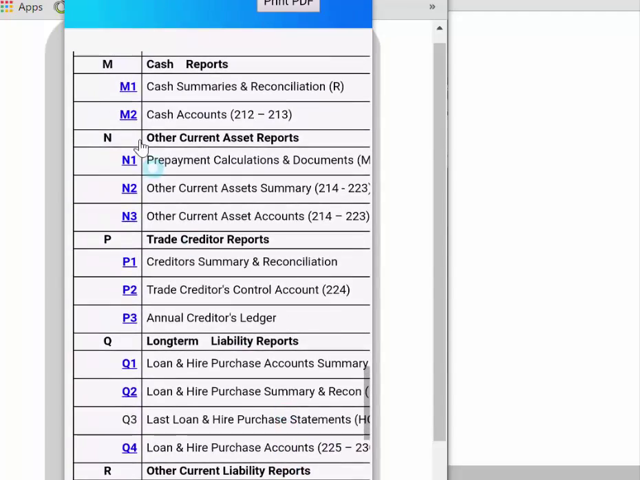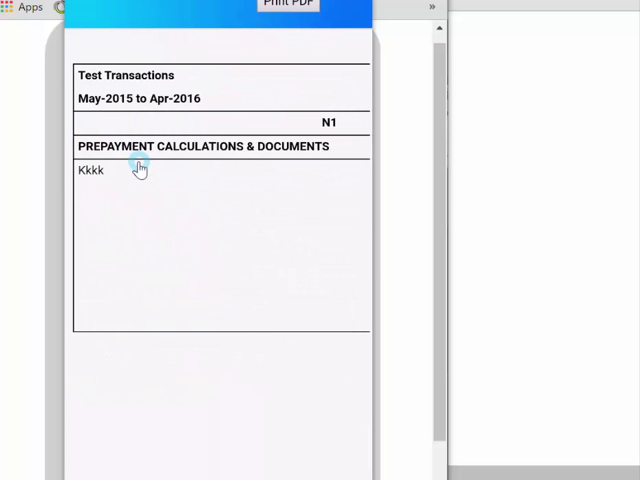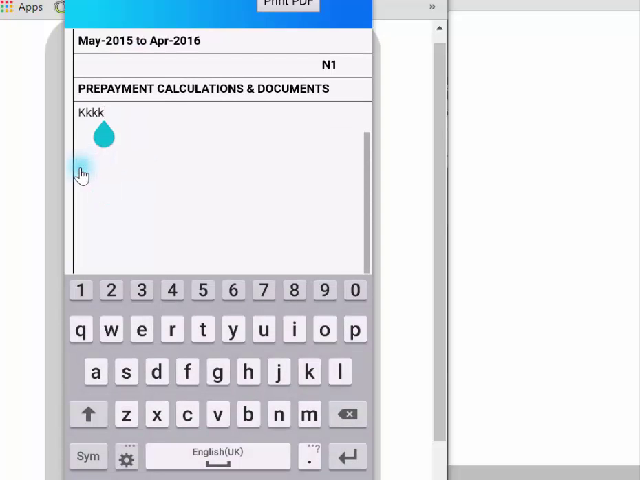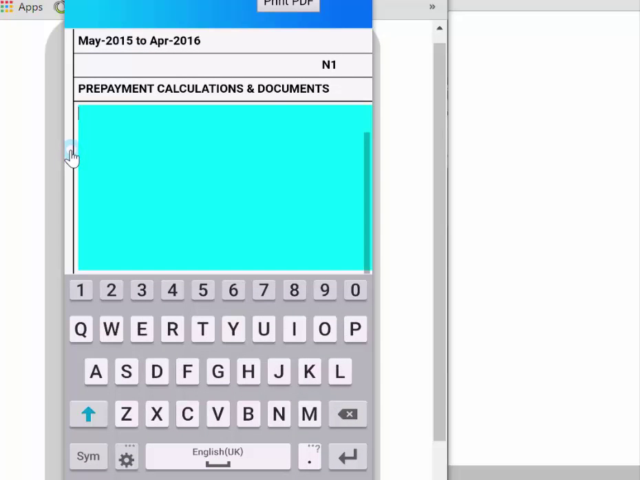N1 should be the prepayment calculations and documents. Ideally, the calculations can be done on this one, and after the calculations are computed, we can print it out, and then on the back of that printout we attach the documents to support whatever. And that brings us to the end of